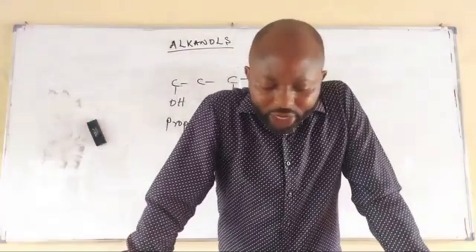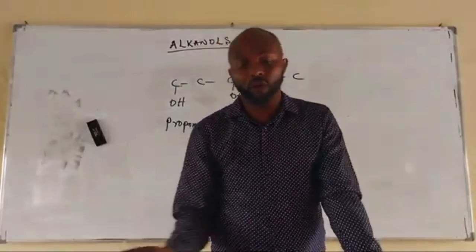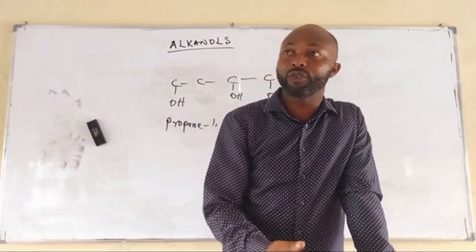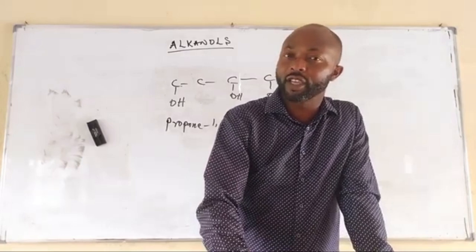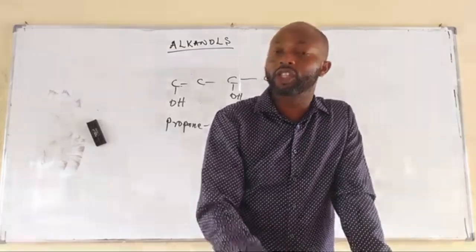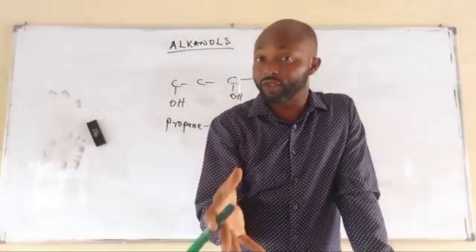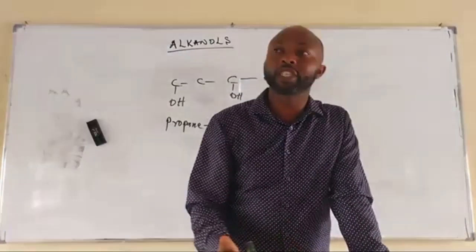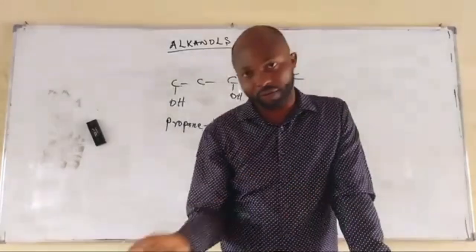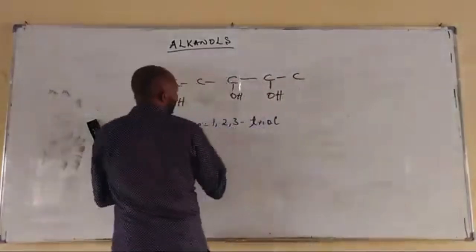So let's take polyhydric alcohols. We are talking about classification based on the number of hydroxy groups, where we've talked about the monohydric, which contains 1 hydroxy group. Dihydric alcohol contains 2 hydroxy groups. Trihydric, which we just discussed, contains 3 hydroxy groups. Polyhydric contains 4 and above. All right. So if it is 4 and above, I can easily